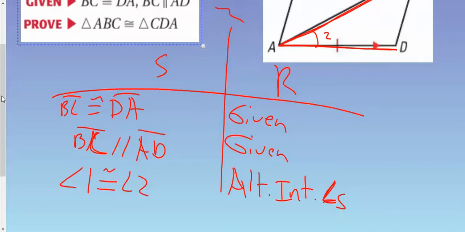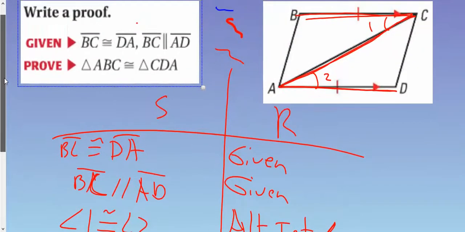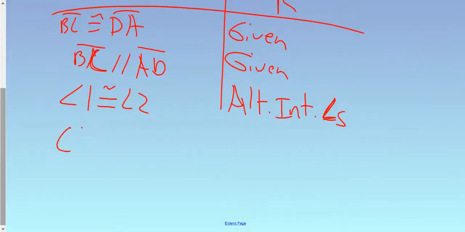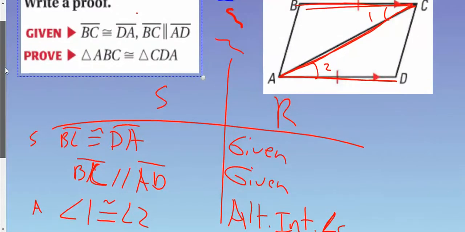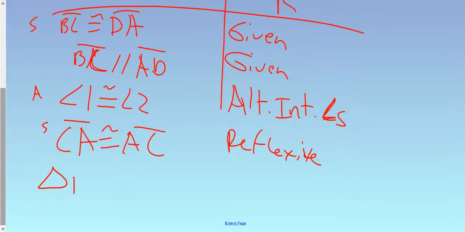And then my last side is going to be CA and AC. And that is our reflexive side. Both triangles share that segment. Now, one thing I'm trying to get you guys in the habit of doing is marking down: we have a side, we have an angle, and we have a side. So now I can use side, angle, side. So triangle ABC is congruent to triangle